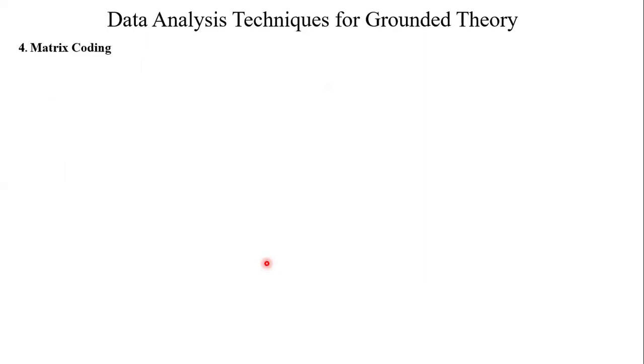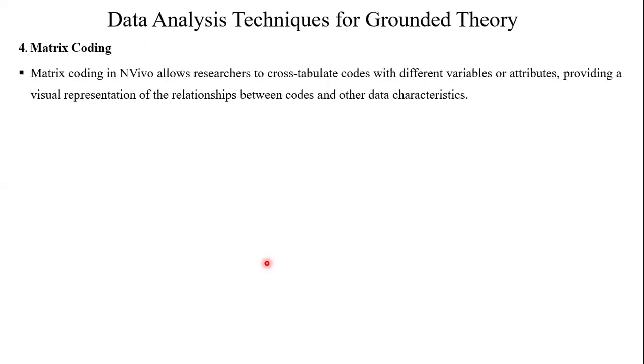The next thing is matrix coding. This is another function of NVivo that you can use for analyzing your grounded theory data. So matrix coding in NVivo allows researchers to cross-tabulate codes. So you may have heard this concept using SPSS also. In SPSS, we can create cross-tabulation between two categorical data or two categorical variables. So this option is also available in